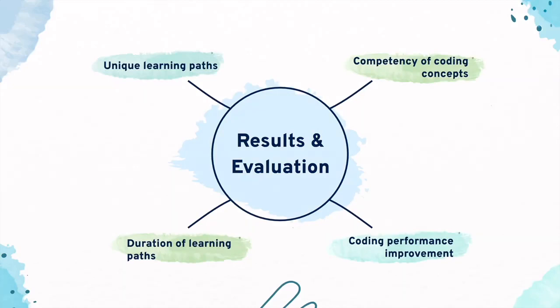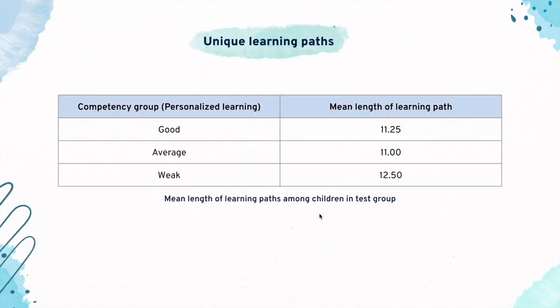So these results and evaluation are further distributed into 4 key findings. The first one is unique learning paths. The second one is competency of coding concepts. The third is duration of learning paths. And the fourth one is coding performance improvement. So looking into the section of unique learning paths, which is applicable to the test group or the personalized learning